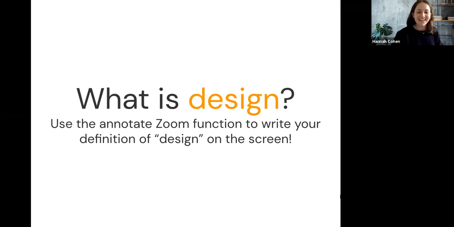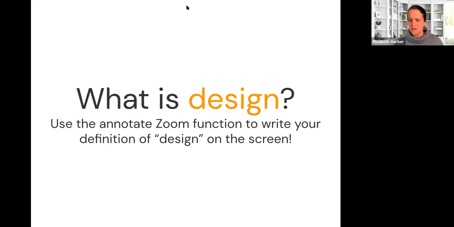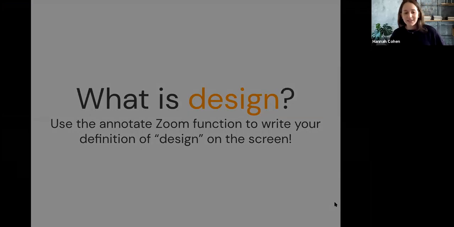Hi, everyone. So we thought we would start with just a little activity. We were wondering what your definition of design is. You can actually annotate right on the screen. If you go to view options, usually there's an annotate function. I don't know if you have to be co-host for that. Does everyone see that option? I don't see it, Hannah, but might we write in the chat? Would that be okay as well? Yeah, that works too. Okay.